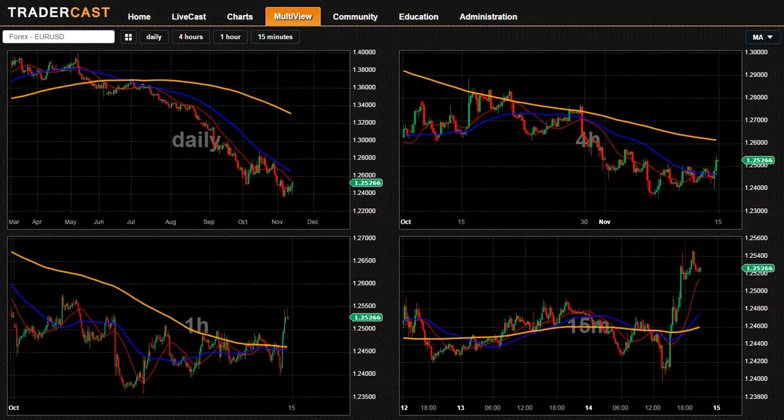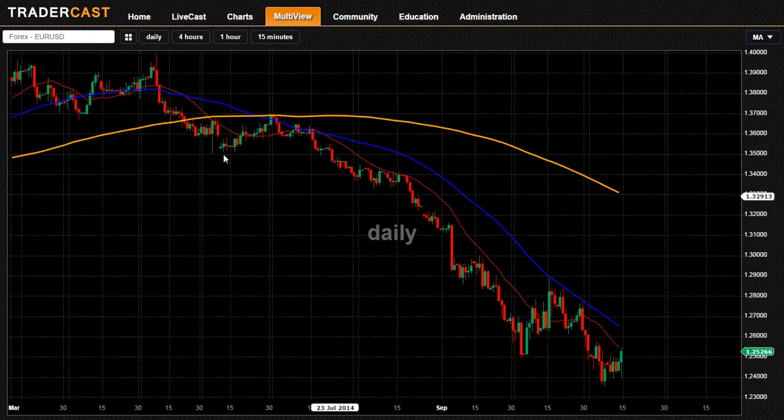We are currently looking at the multiple time frames analysis for euro-dollar with our daily, 4-hourly, hourly, and 15-minute. So our daily time frame is clearly confirming the downtrend, but we are seeing a bit of an oversold bounce back, and the price is currently capped by the 20-period moving average, and also a cluster of these lows, and our 50-period moving average is at